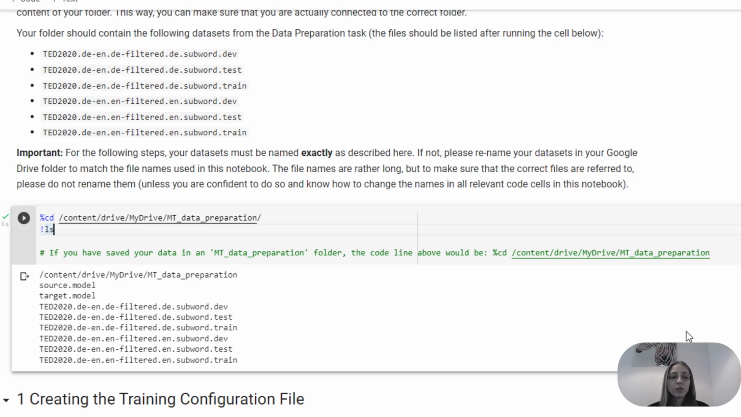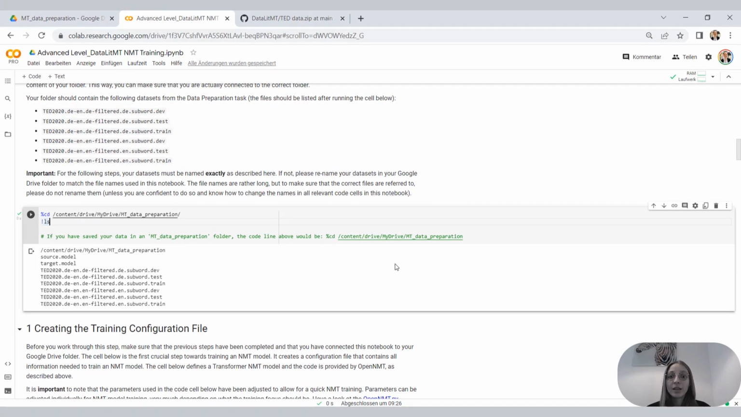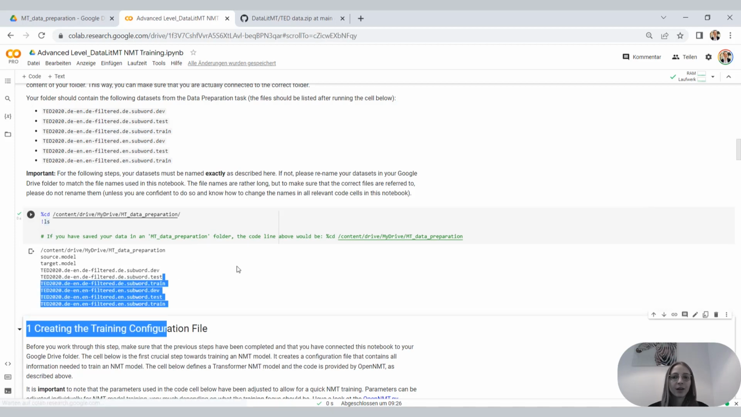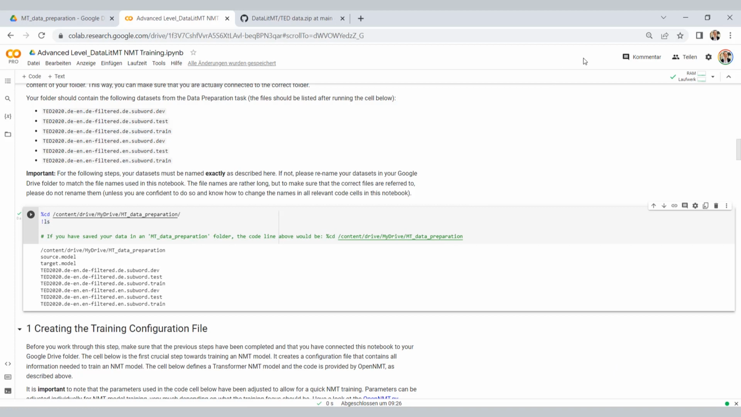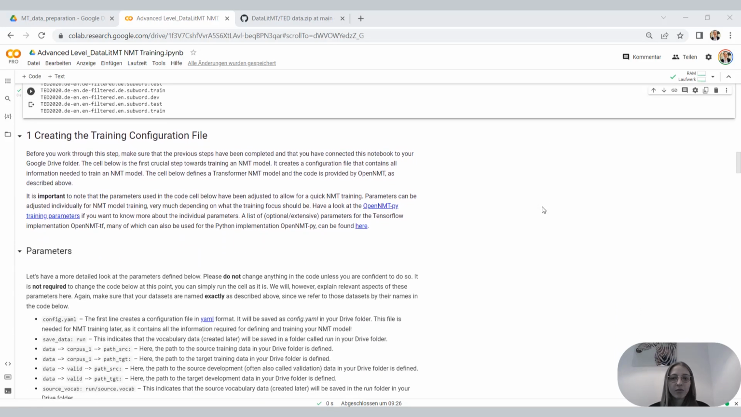All right, so if you run this and your folder is empty, or if you get an error message, then you need to recheck that you're referring to the correct folder and that you actually have your data saved in that folder. Because from now on, we can refer to these files straight away, because this is the directory that we're working in now. So that's really great. All right, perfect. So now that we're connected to our folder, we can start by creating a